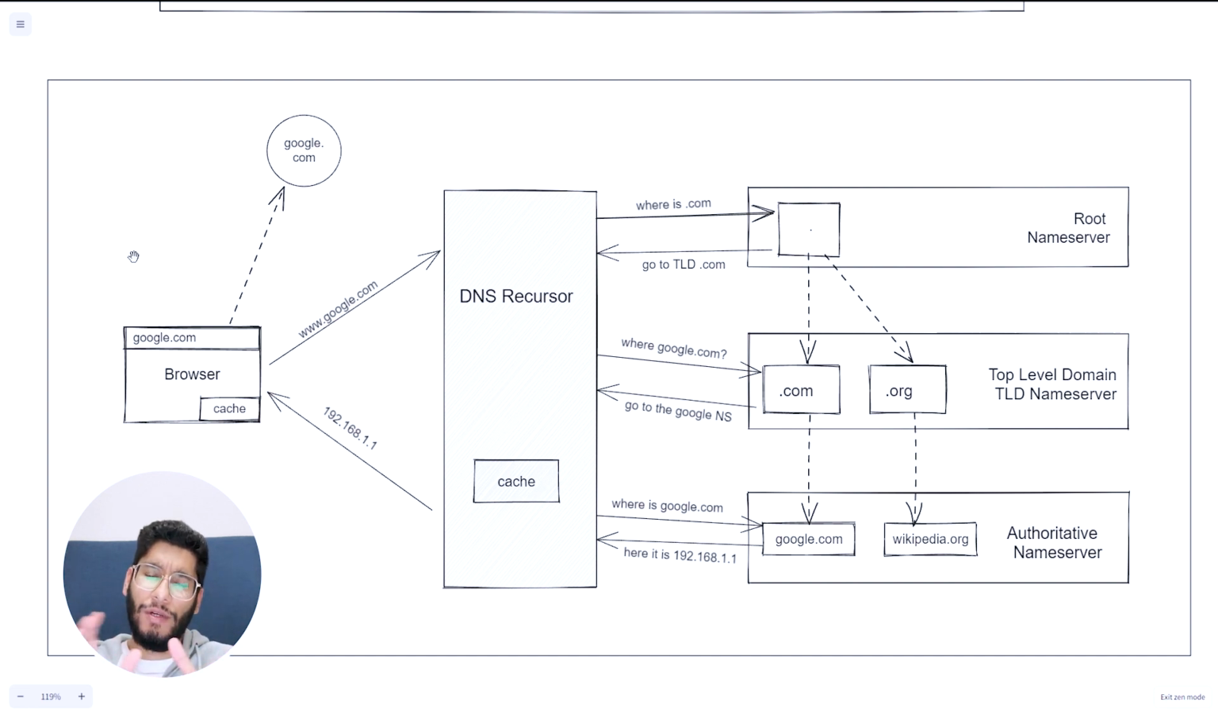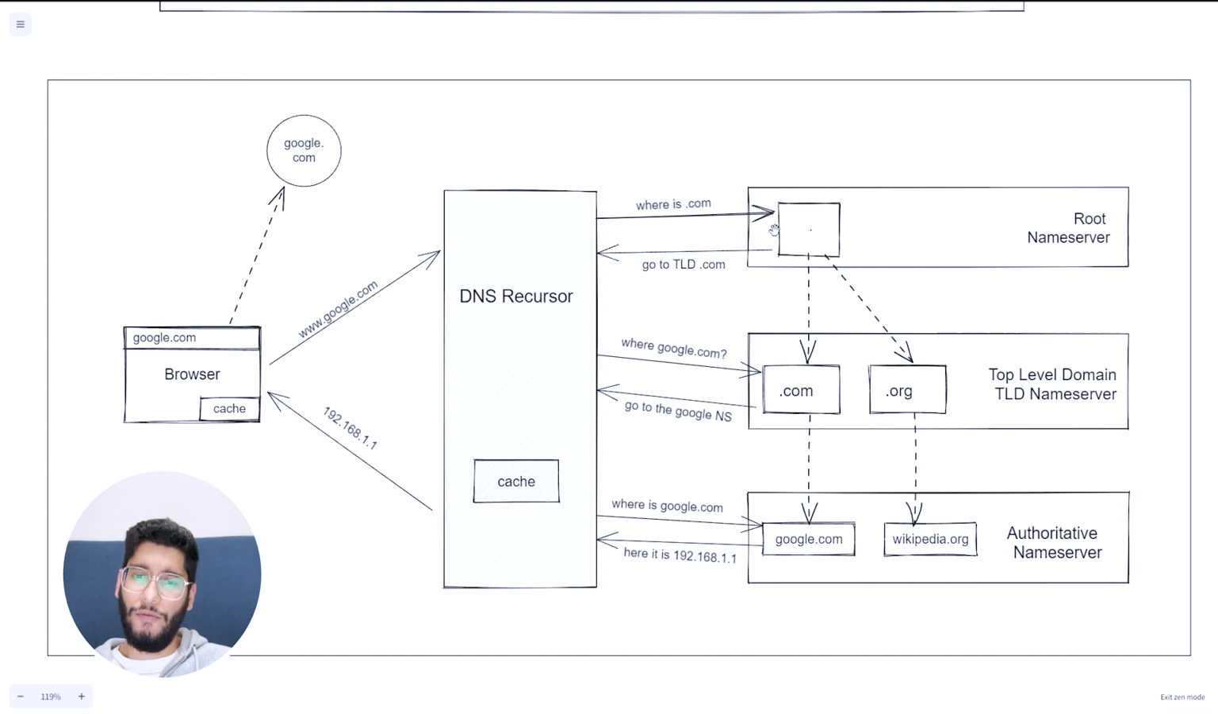It is very easy to understand what is going on behind the scenes. So this is your browser, www.google.com. The first request the browser sends in order to connect to google.com is this request: where is google.com? The request is received by the DNS recursor side. And the first thing that the DNS recursor sees is what is the